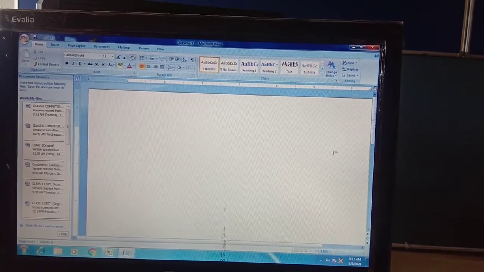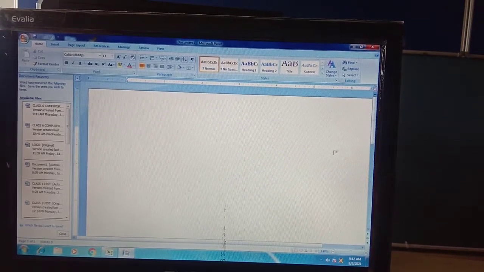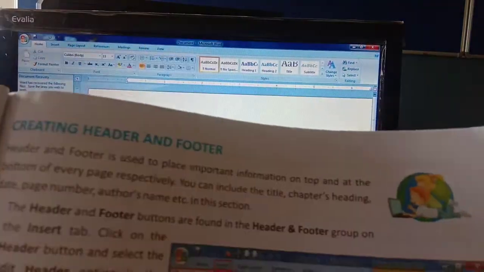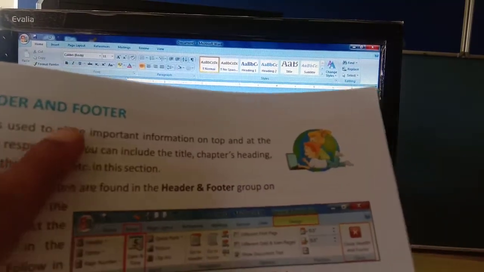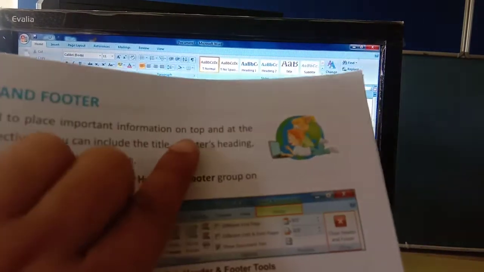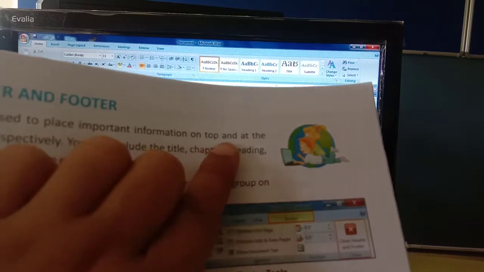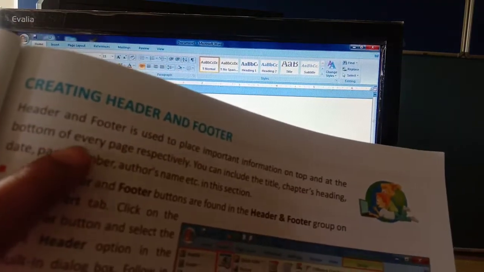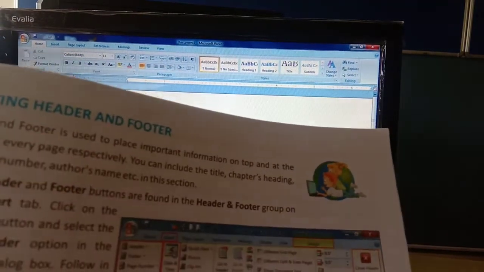Okay students, today we are going to learn about creating header and footer. So let me tell you what header and footer actually are. Header and footer are used to place important information at the top and at the bottom of every page respectively.